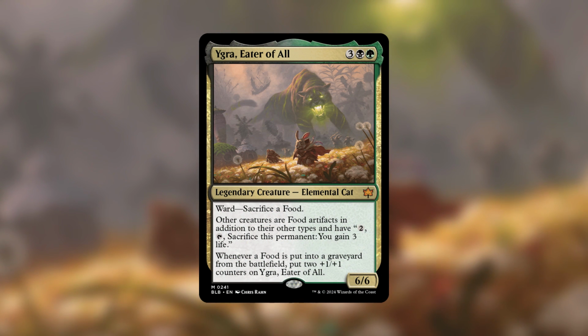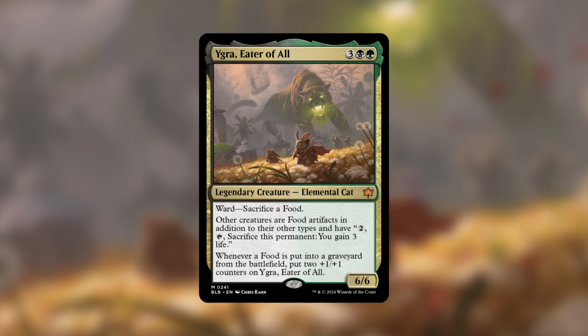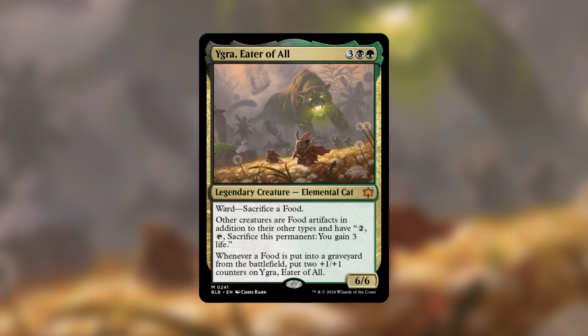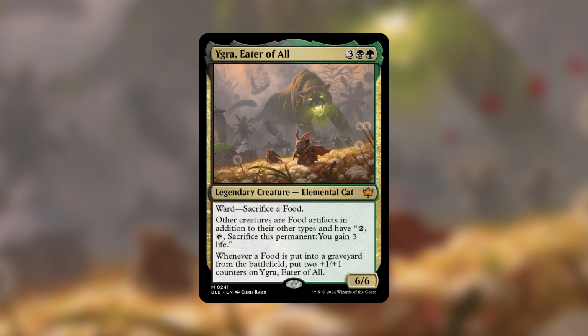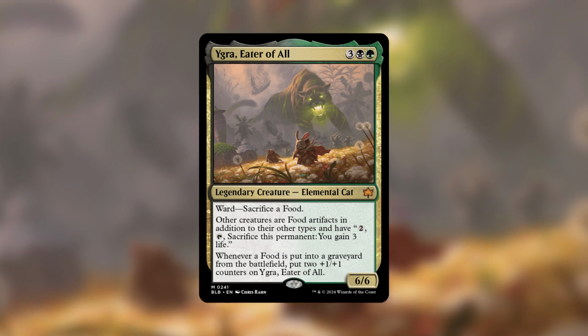So for 3 black and a green, it's a 6/6 body with ward, sacrifice a food. Other creatures are food artifacts in addition to their other types and have the ability pay 2 and tap, sacrifice this permanent, you gain 3 life. And of course, whenever a food is put into the graveyard from the battlefield, you put 2 +1/+1 counters on